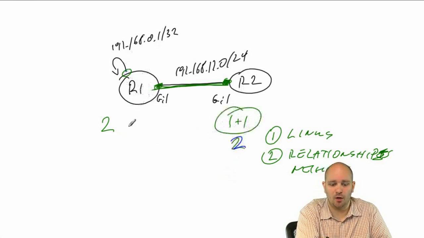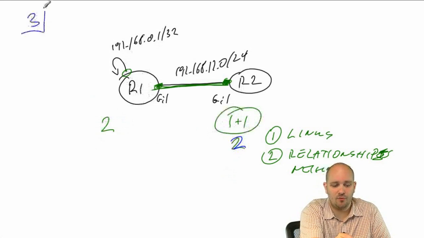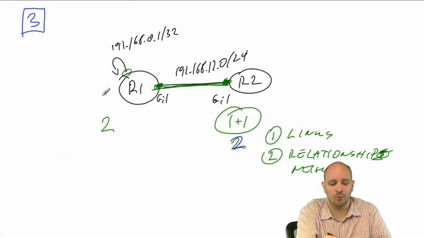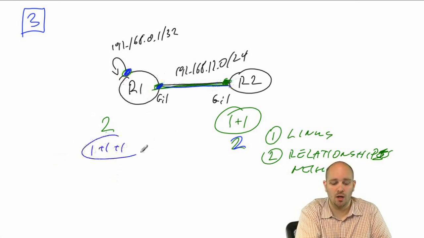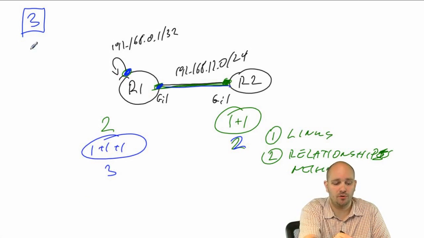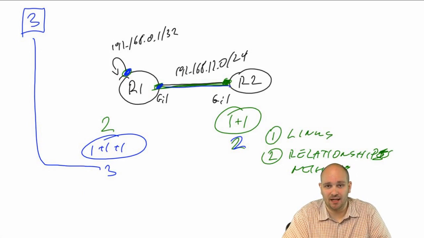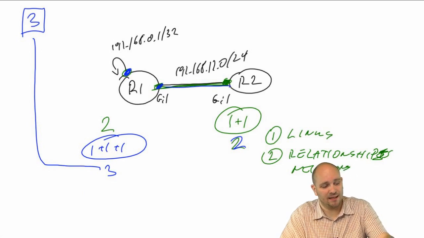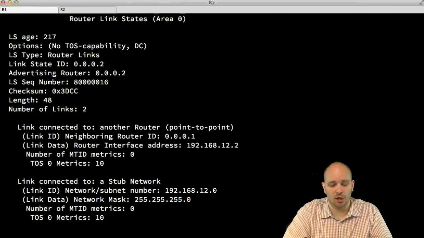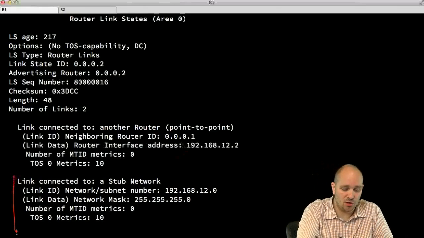Now let's take a look at R1. R1 says, if you remember, that it has 3 links. Well, one is obvious, another one is obvious, and if we describe this relationship here as a link as well, we are going to end up with the number 3, which is exactly what we are expecting to see. So going back to the terminal here, I can see, and I'm going to start from the bottom here,